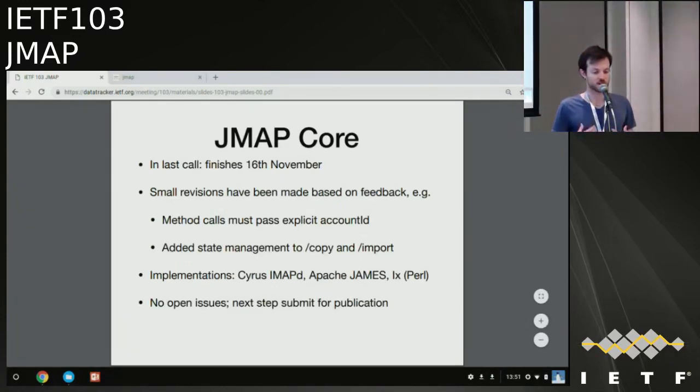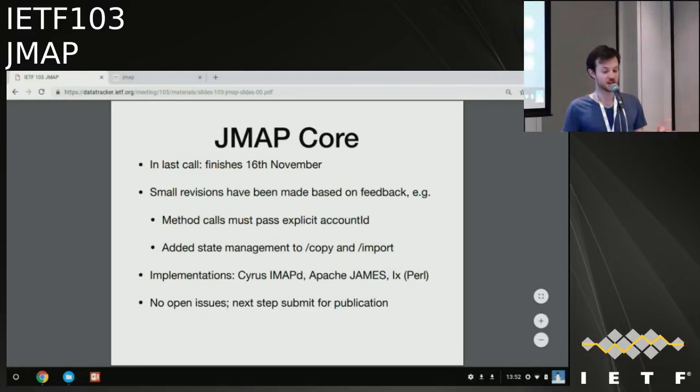such as making account ID explicit rather than letting it be optional, because then if it changed what was the default on the server, you could get very confused as a client. And added some state management, so copy and import are consistent with set. We've got a couple of implementations out there in Cyrus in C, and X, which is a Perl implementation, and Apache James have got an implementation as well, but it's based on a slightly older version of the spec than now. There's no open issues on GitHub,